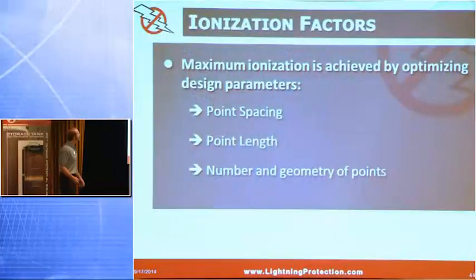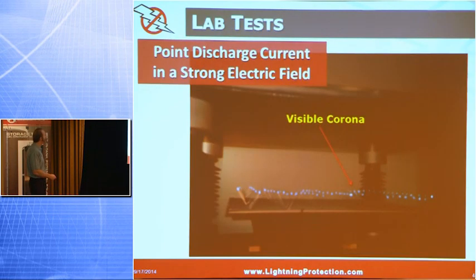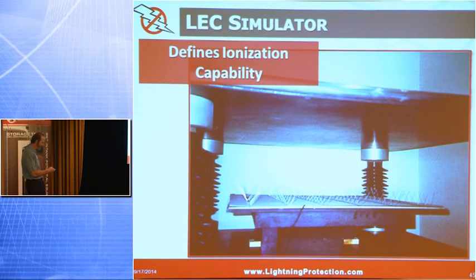So this is what we have right here as an example of one of our simulators that we did back really 20 plus years ago. We no longer have it in place right now because we had to take down that area and use it for our lab area. So this is no longer available, unfortunately, but it did provide all of our testing for that confirmation of optimized ionizer. So here's our top plate, signifying the bottom portion of the thunder cell, our insulators, and the bottom plate is the earth, top plate the bottom of the cloud. We put our test samples in there,